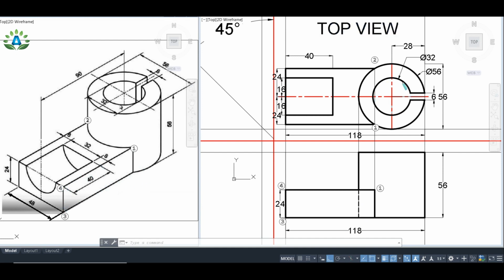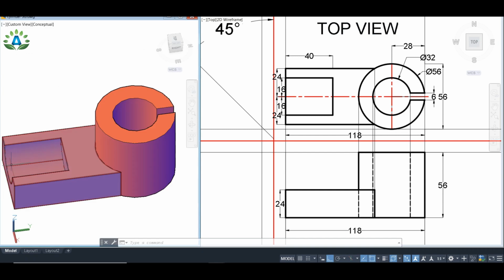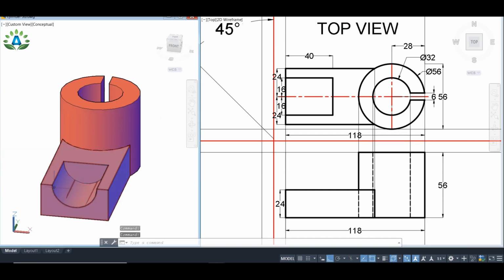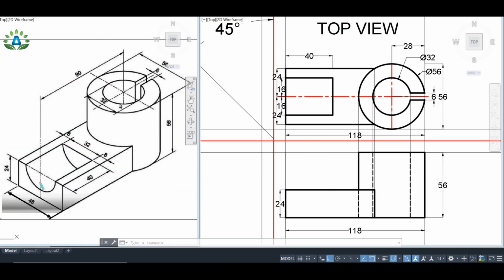Now we have to project the line from the inner circle because it is a hole, so it will appear as a hidden line from the front view. So I'm projecting the 2 lines from this point and this point. So the line from this point and this point will appear as a hidden line because this part is a complete hole. We can also see the projection from these parts, which is because of a semicircle. So I'm going to project this line after making the side view.